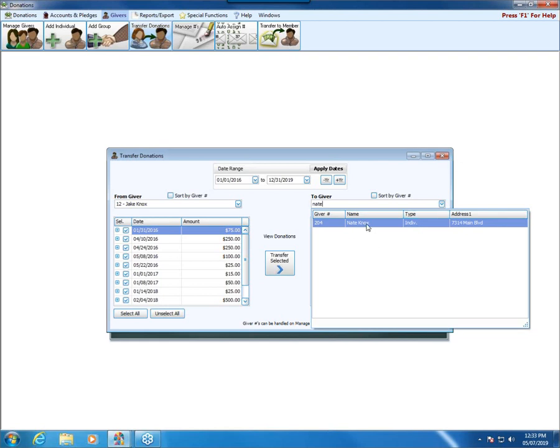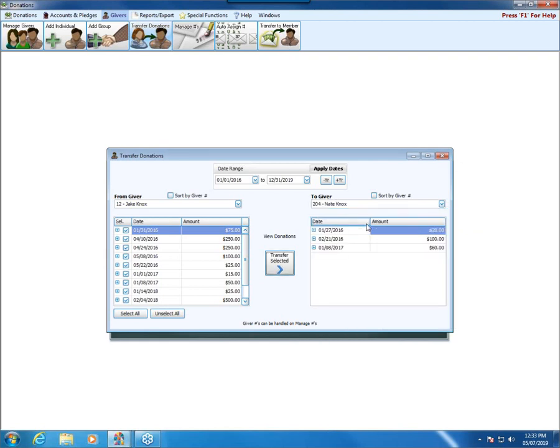So here I'll choose Nate Knox. And here we see he has a few gifts. We want to move everything over to Jake or to Nate from Jake. If we only wanted to move certain things, though, I could click on Unselect All, and notice this first column